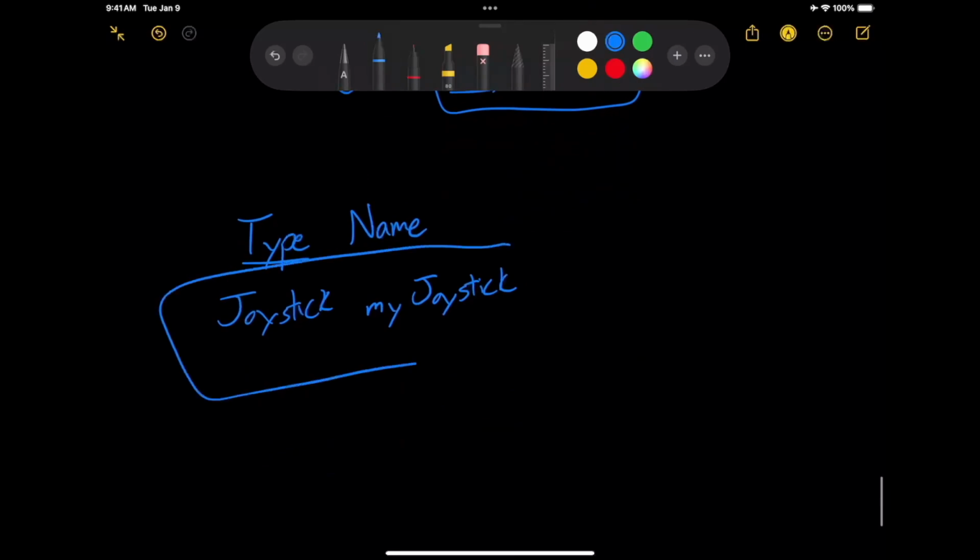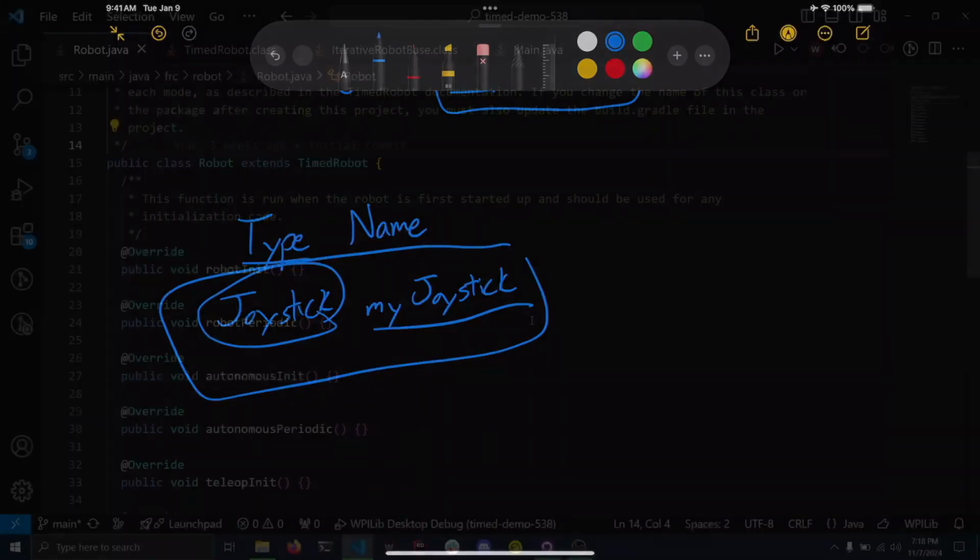And so this is how we say, hey, I need a place in memory that is the shape of a joystick that I'm going to call my joystick. And that means from now on, whenever I say, hey, I need my joystick, Java says, oh, I know exactly where I put that. It's over here. That's where you're telling me to go. So if I were to switch back over here,